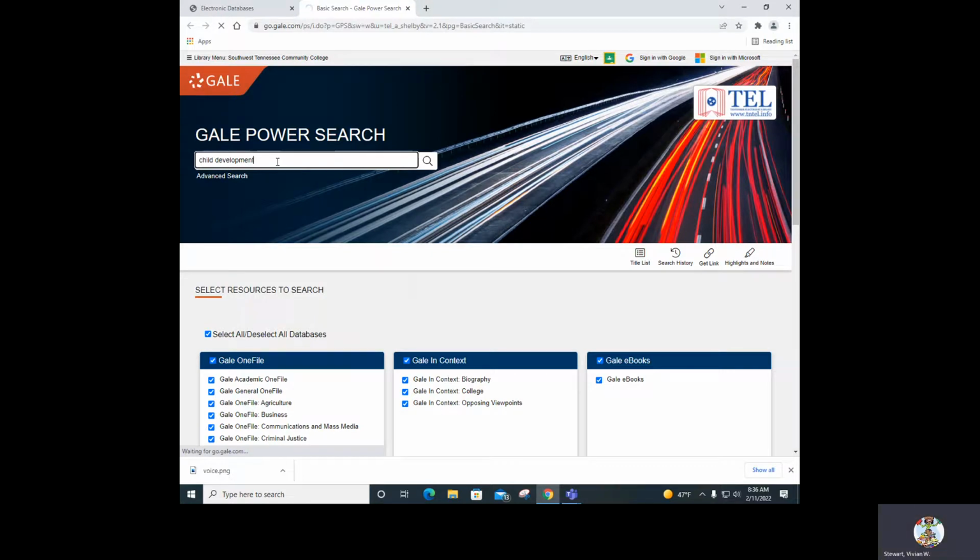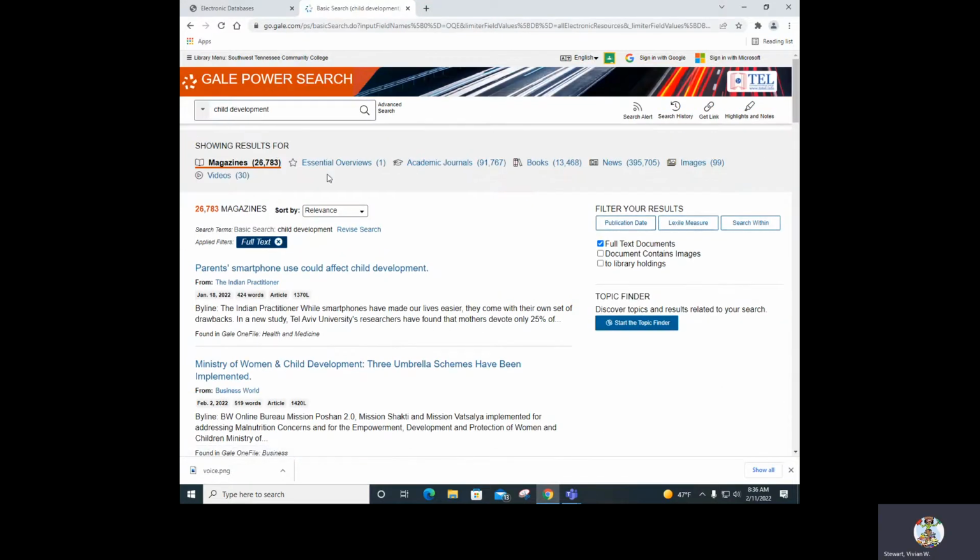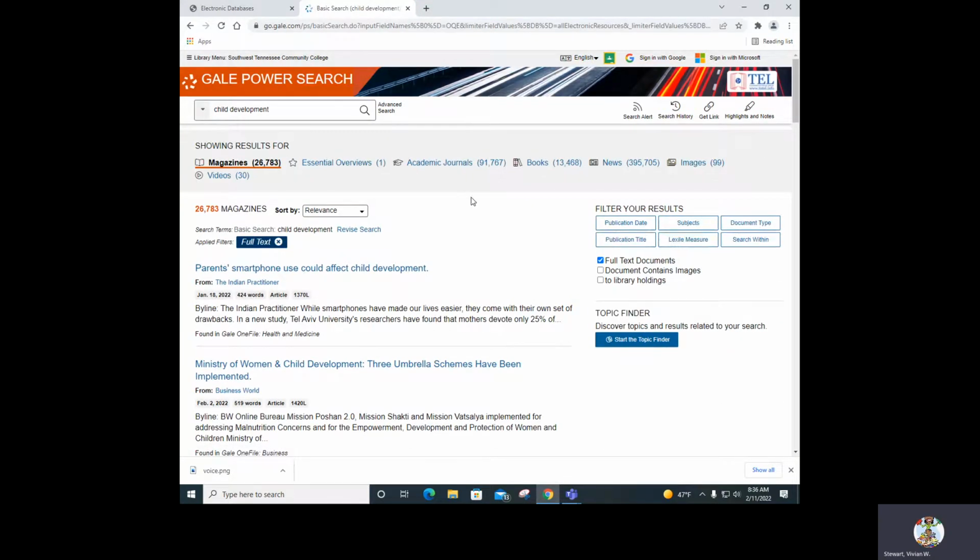And we're waiting to see what it actually finds. I think it is most important that our students are introduced to research type materials. This is why we direct them to our databases instead of just using popular search engines. So under showing results for, by performing this keyword search on child development, there are over 26,000 general magazine articles